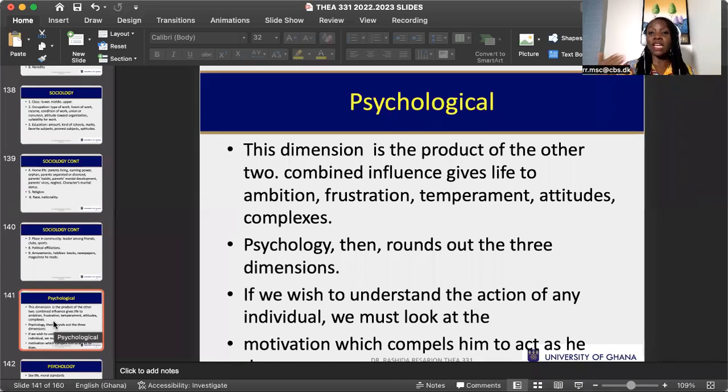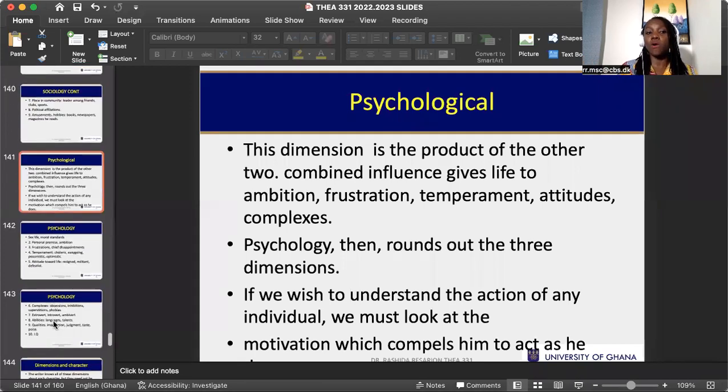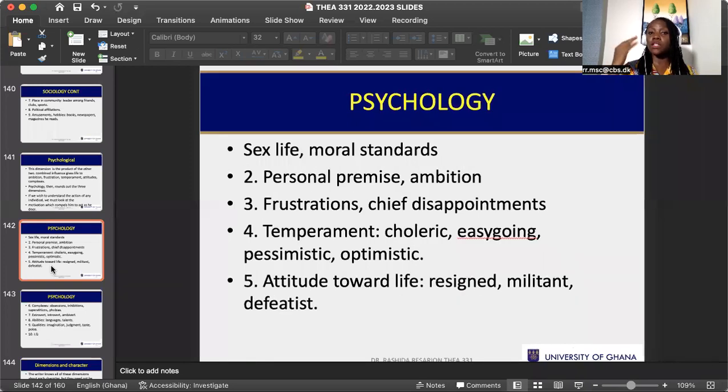And so it could be, first from the parents, but then later when he or she leaves the home, the person would be seeking attention in relationships and other things. And so our physiology and sociology give birth to our psychology,